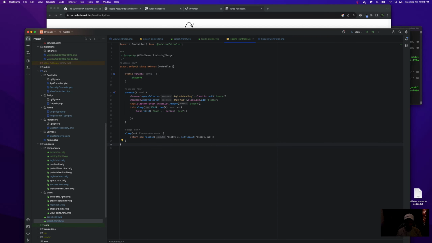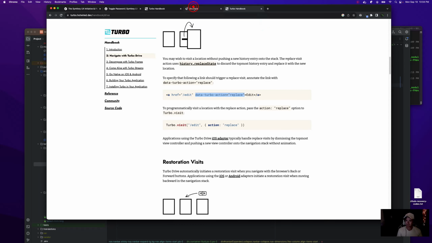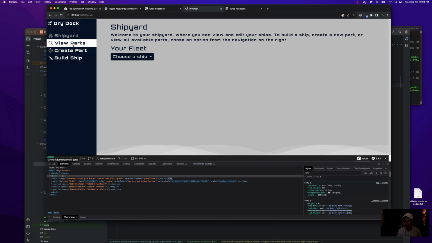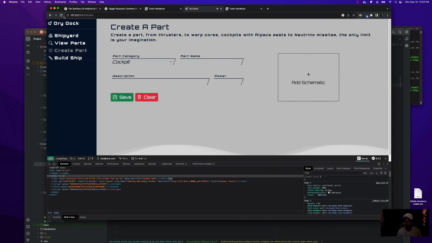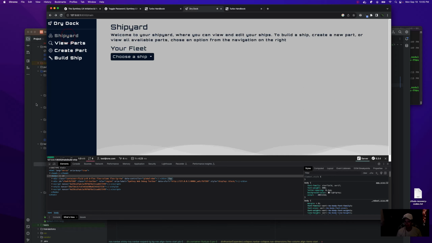Let's fix our nav too while we got it. This might cause more issues, to be honest. I'm not sure if it is push, but I'm going for it. I think that's what it is. We might get some weird behavior if you do back. Well, we can mess with that another time.